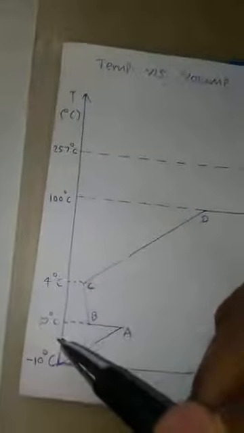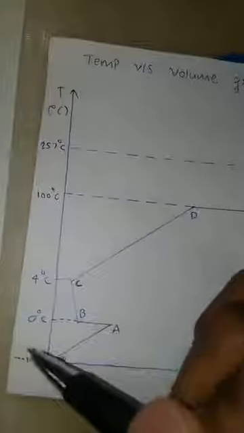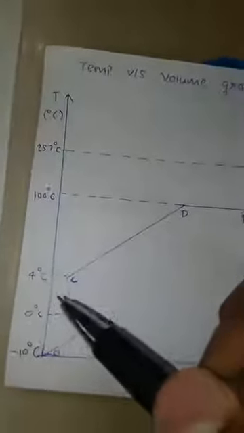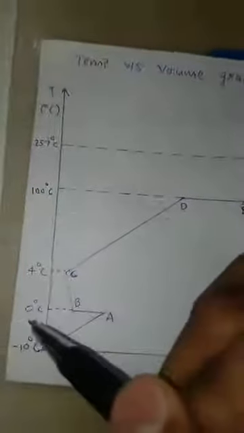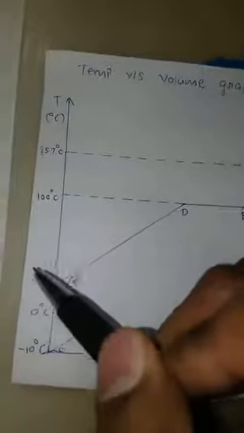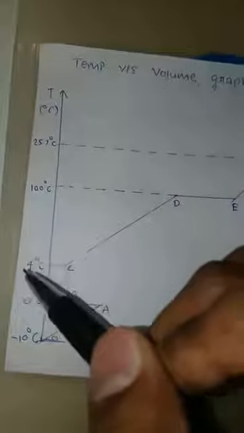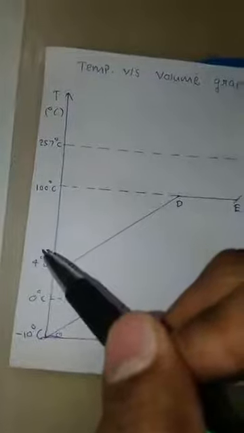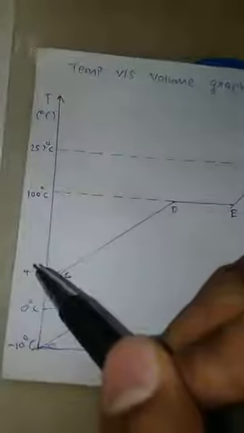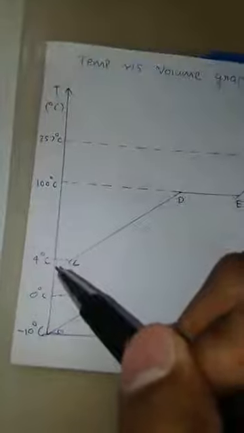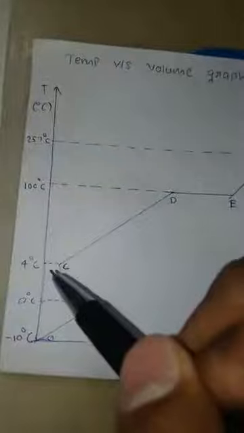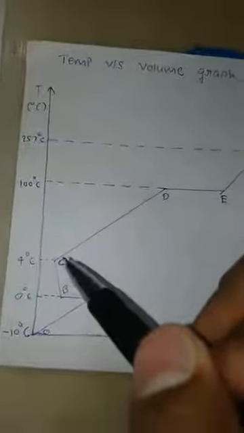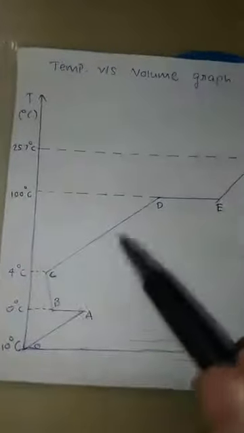Now, this is the very special temperature range for water, which is 0 degree to 4 degree. In this range, water contracts on heating. The reason being that the hydrogen bonds in this temperature range start to break, and at this point, due to the breakage of hydrogen bonds, density of water becomes maximum, which is equal to 1000 kg per meter cube, and that's why volume is minimum at 4 degrees. After this 4 degree phase, it again comes back to its natural behavior, that is to expand on heating.